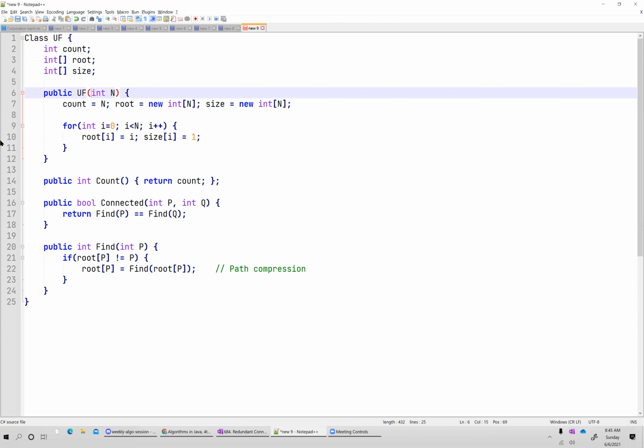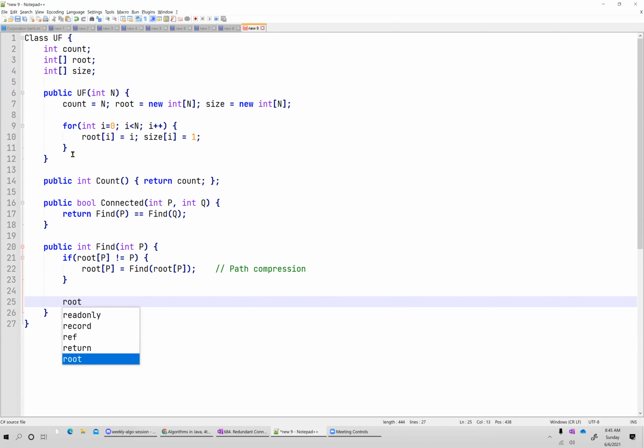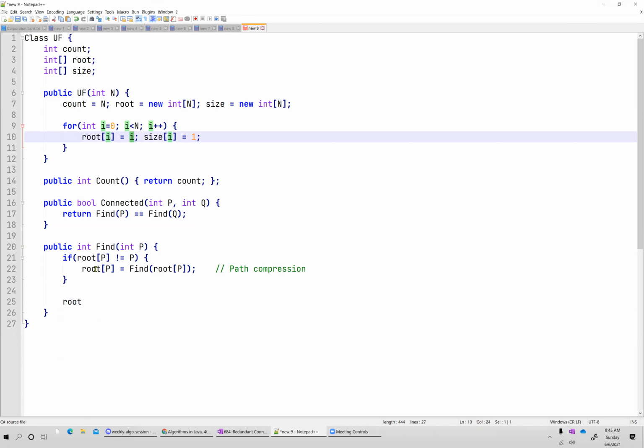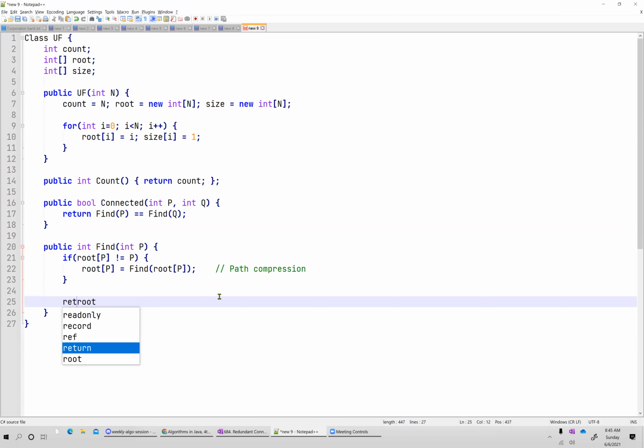Bhavik, I have a question here. Root of I is equal to -1 initially, right? Otherwise, it is not -1, it is I. Otherwise we are getting confused whether root of I is itself, in case you initialize like that. Let's say root array of 0 equal to 0, if you initialize like that, we may be confused whether it has come through the code or through initialization. Am I clear in my question?